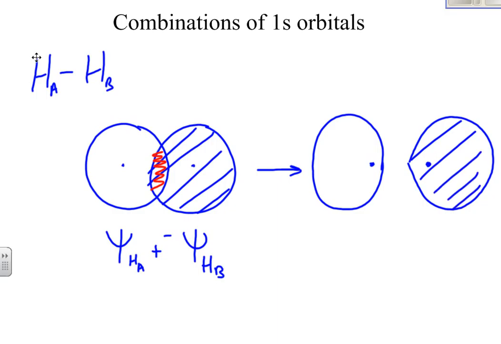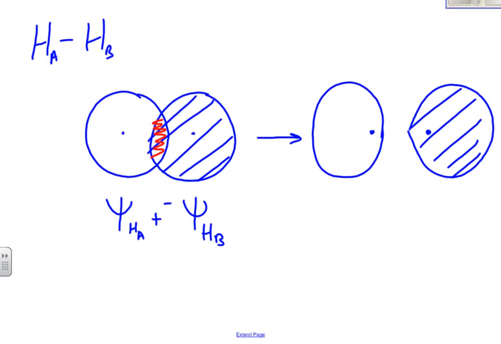Right? Because if we remove electron density from the center, we're going to have to increase the electron density to the outside parts of these wave functions. Now if we take a look at the other combination,